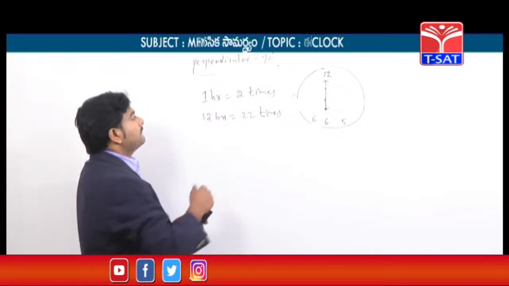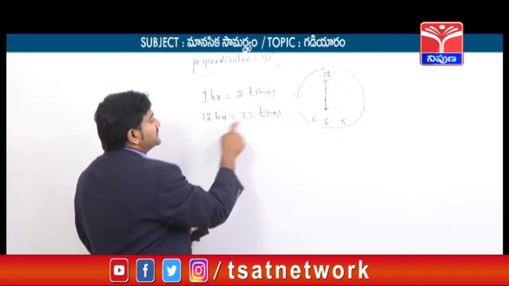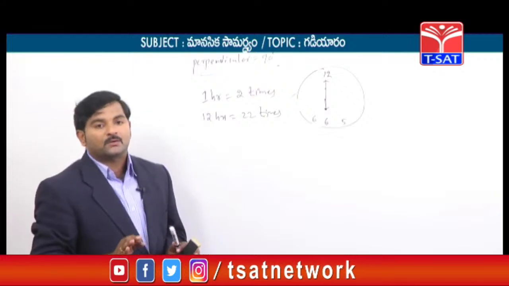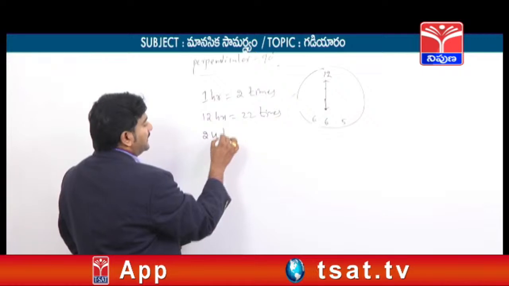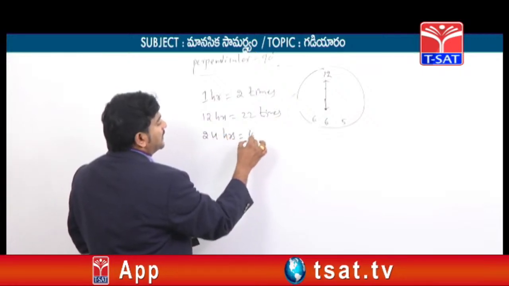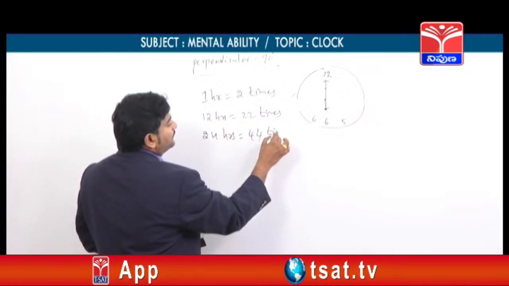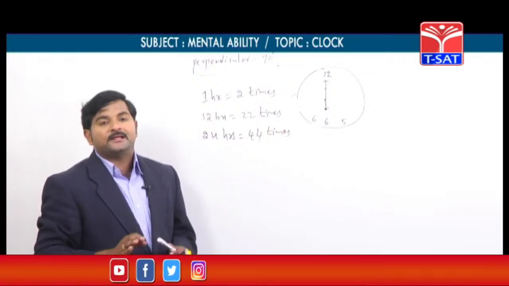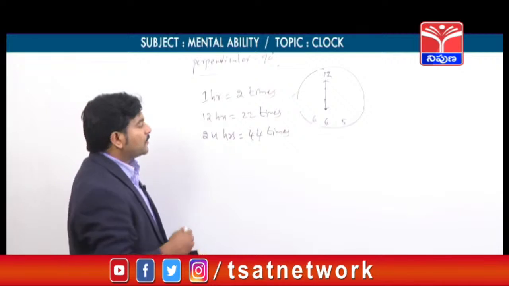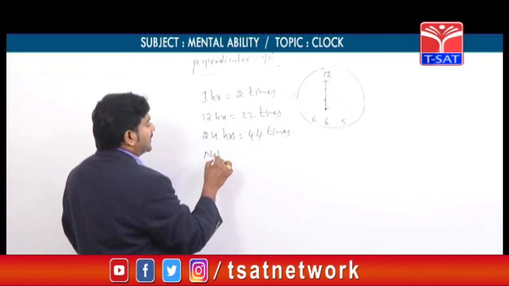So that's why for 1 hour 2 times, for 12 hours it could be 24 times, but only 22 times will the two hands be perpendicular to each other. Similarly, in a day the two hands are perpendicular to each other only 44 times. So these are the three conditions. And one more important point I forgot to say here,